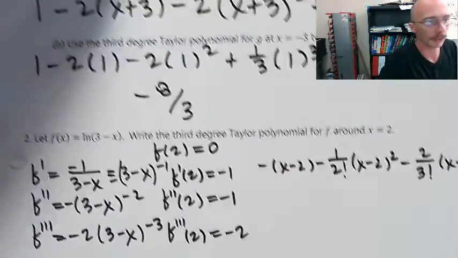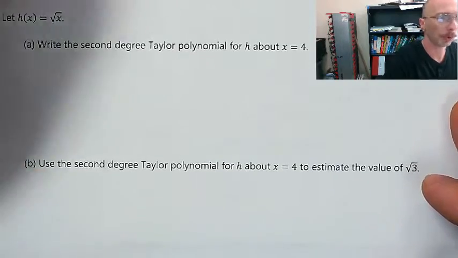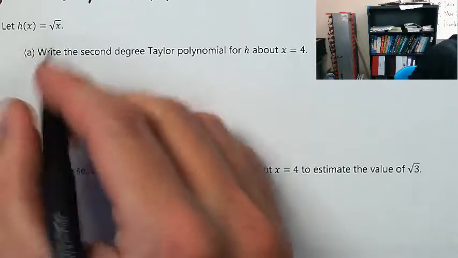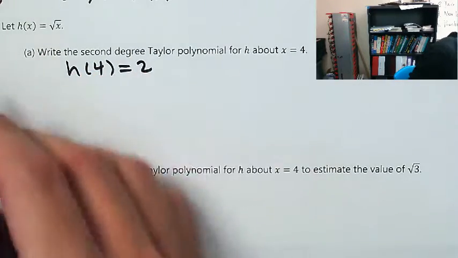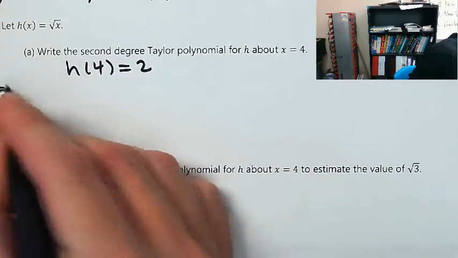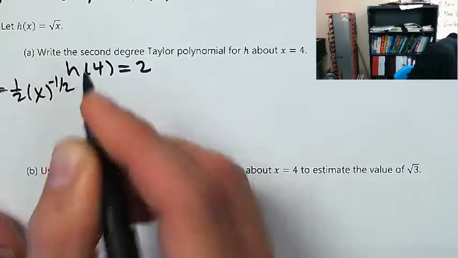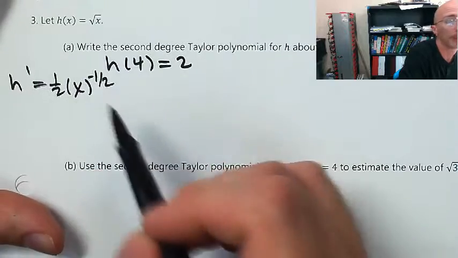Right. Now, h of x equals square root of x, the second degree Taylor polynomial for h about x equals 4. Okay, well, h of x equals square root of x, so h of 4 is equal to the square root of 4, which is 2. H prime is equal to 1/2 of x to the -1/2. Okay, if we look at square root x as x to the 1/2 power,